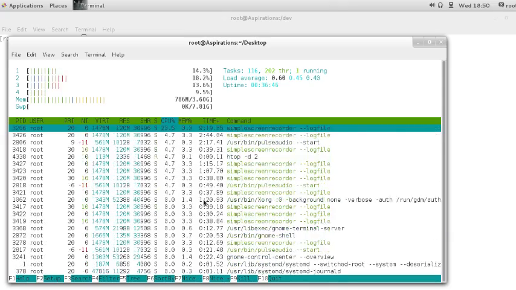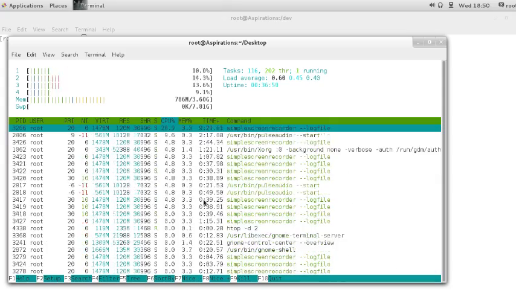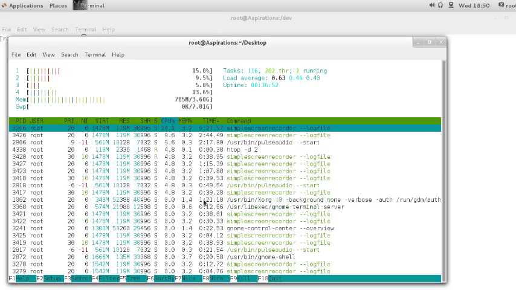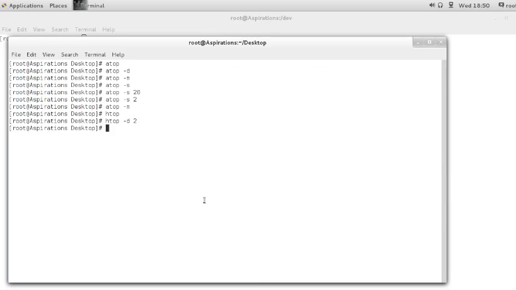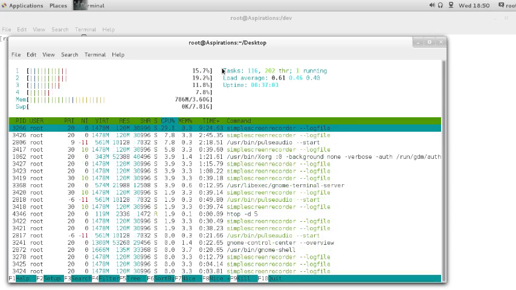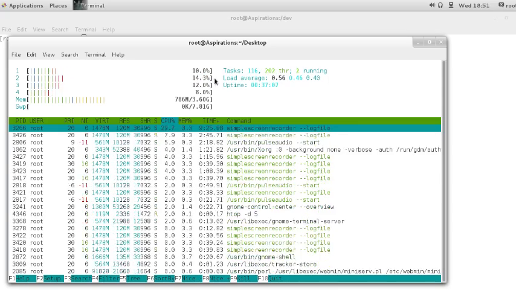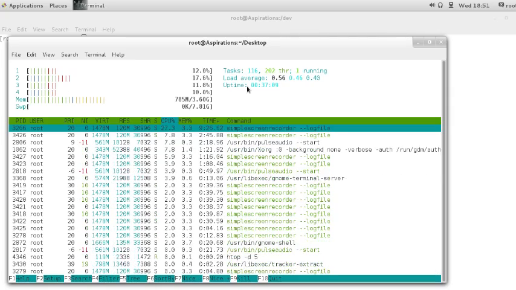It is giving very quick update of what is actually going on. If I give a little slower, yes, so actually it gives the number of tasks, how many threads, load average, uptime,